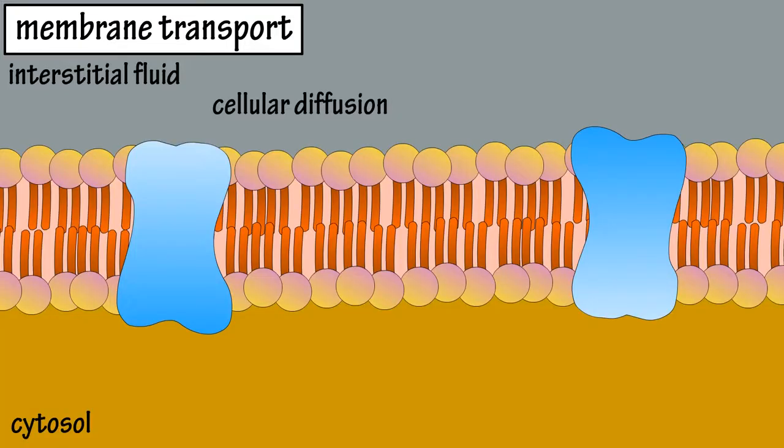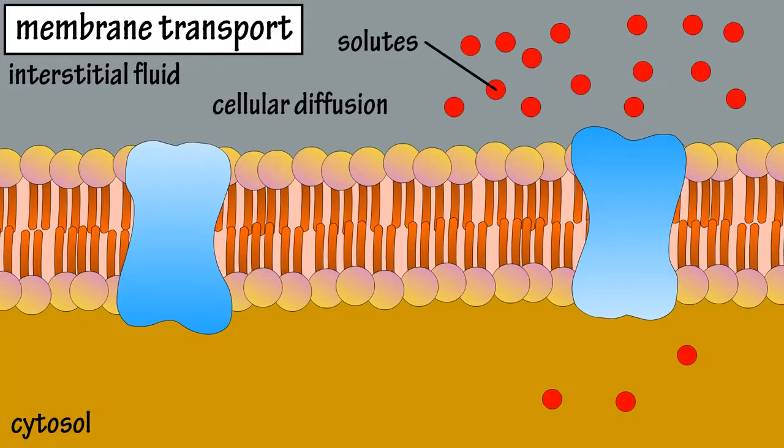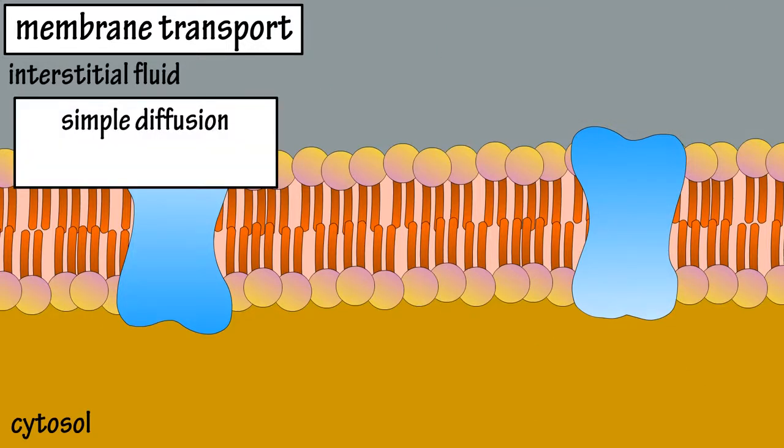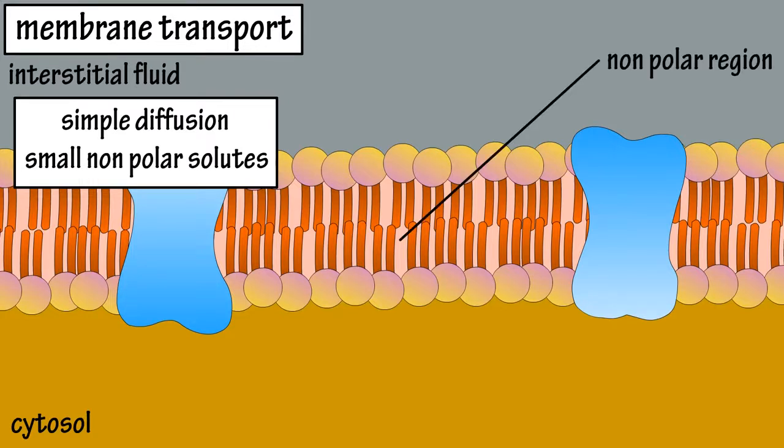Cellular diffusion is when diffusion of a solute, which is a dissolved substance, occurs across the plasma membrane from an area of high concentration to an area of low concentration. This is dependent on the concentration of a substance in the interstitial fluid outside of the cell and the cytosol inside of the cell. This can occur through simple diffusion or facilitated diffusion. Simple diffusion occurs with solutes that are small and nonpolar. By being nonpolar, they can move in between phospholipid molecules that form the plasma membrane because the interior region of